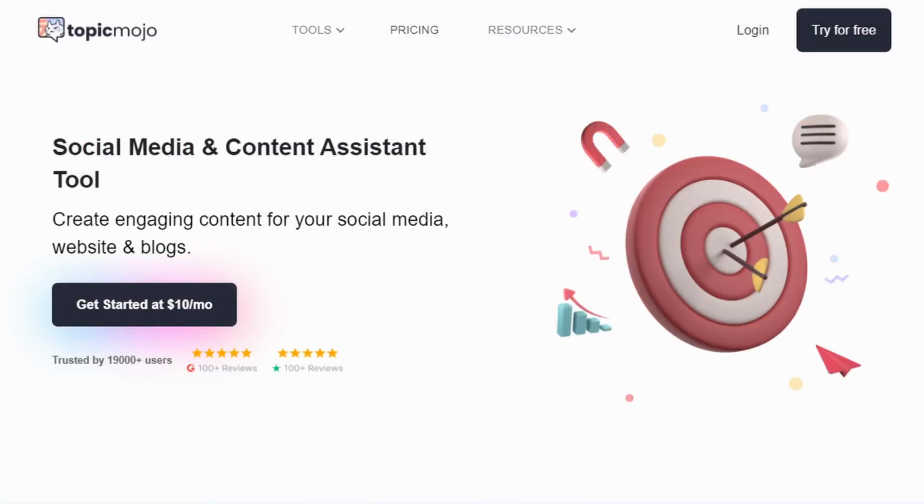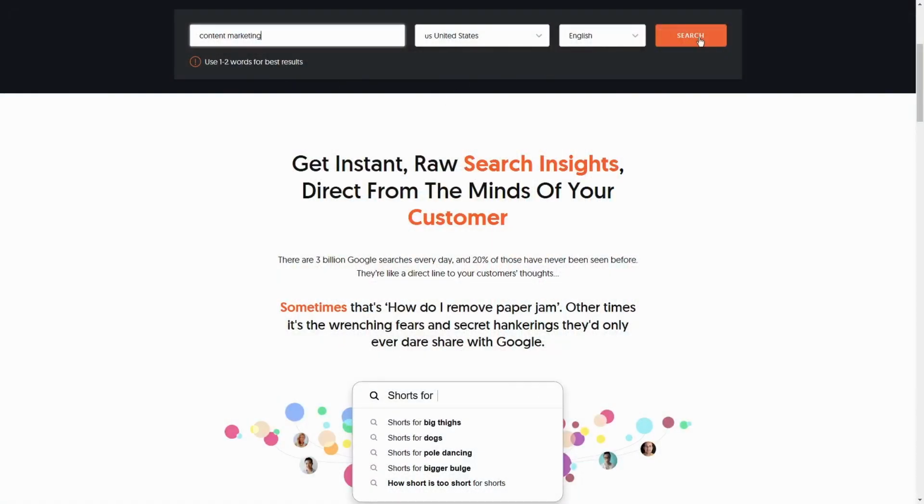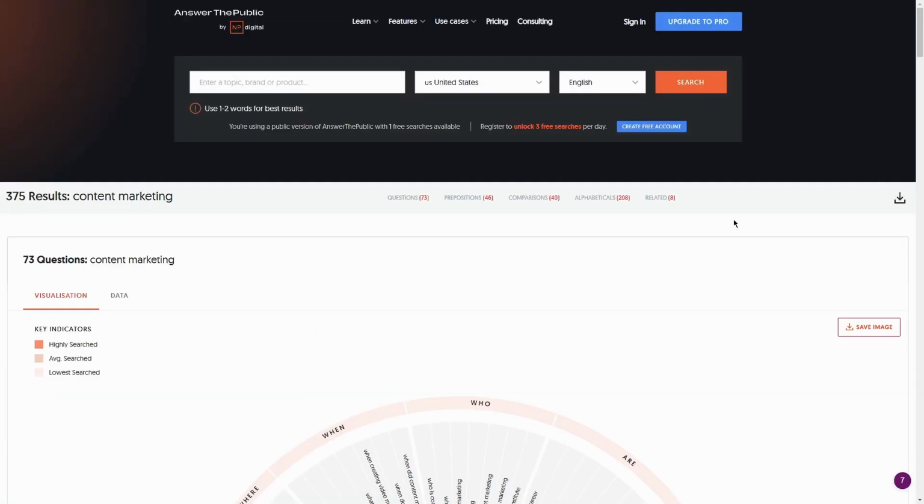You can also use tools such as AnswerThePublic or TopicMojo, which allows you to find ideas that may be interesting to your visitor, since some of them use them on Google or are looking to solve a very particular and specific problem by asking specific questions. To use AnswerThePublic or even TopicMojo, all you need to do is enter your main keyword or topic, and you can start getting a ton